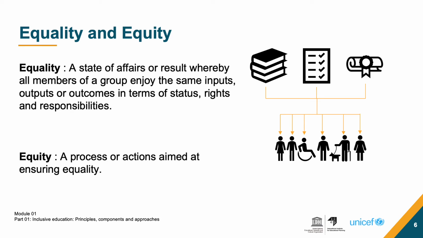Think for a minute what Srey, the main character in our story, would need to remain in school. And what about Dara, the girl who takes care of the animals in the fields instead of going to school? What are her needs so she can attend school? Or Chian, the refugee? Or Kiri, the girl who just had a baby? How can a system provide equitably for their diverse needs to ensure equality of opportunity in education?